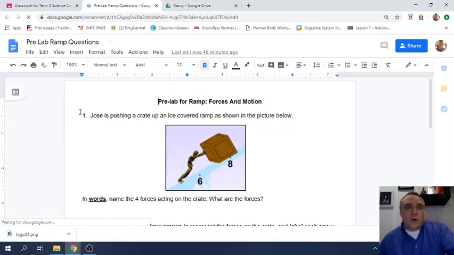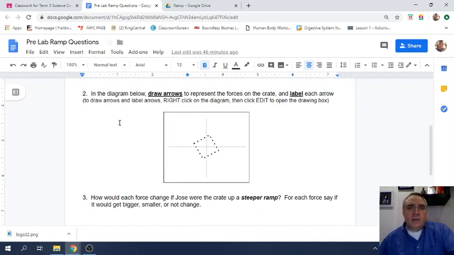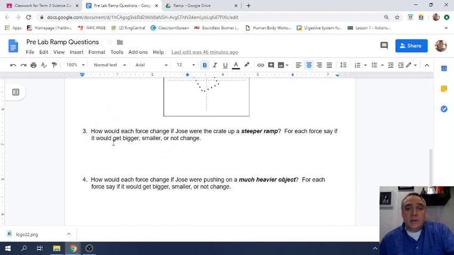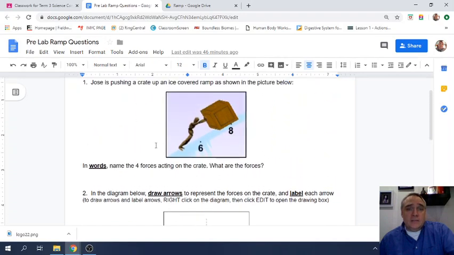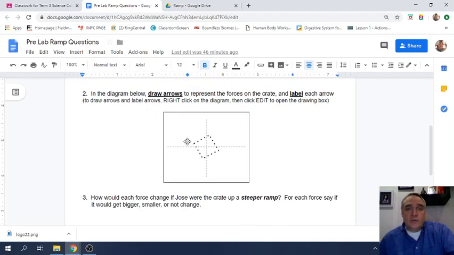Now, after the videos that you've watched about free body diagrams, you should have some idea. And also, we talked about this a bit, well, 2 weeks ago, when you were supposed to watch a couple videos on motion and forces. So looking at this, just a few things about how to type it in. You just, in words, name 4 forces acting on the crate. And then the second question, you're going to put in